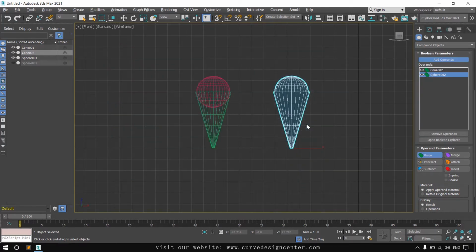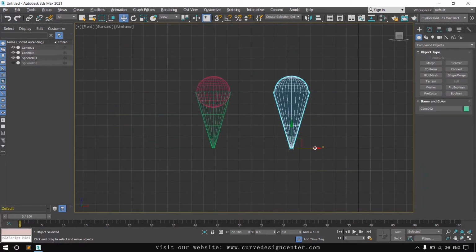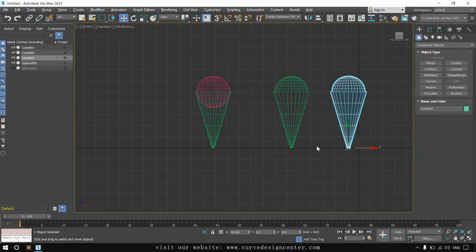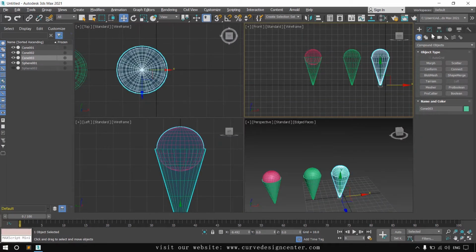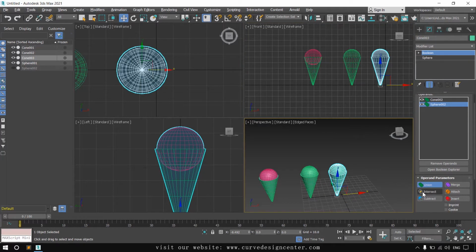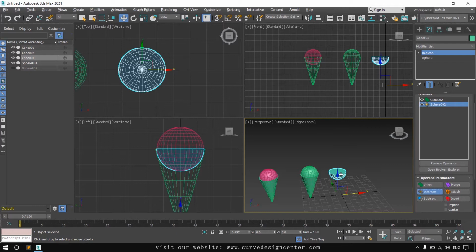Now I create a duplicate copy of this object and change the Boolean operand. Now I choose intersect, and in this operand, overlapping or intersecting geometry will remain the same, and the other geometry will be deleted like this. Now I create a duplicate copy again,